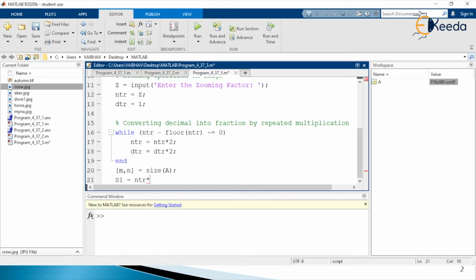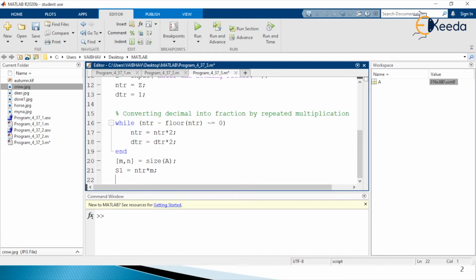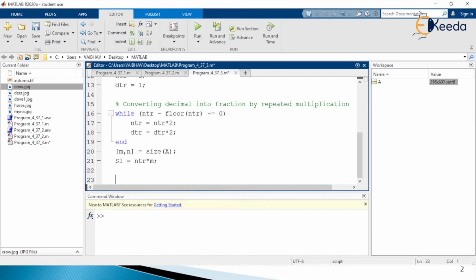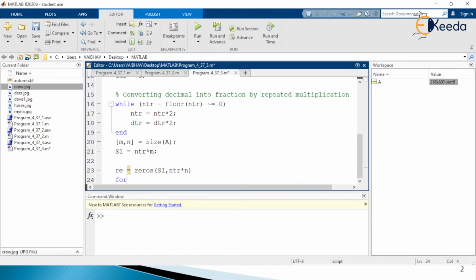We end this with a semicolon, and now we are generating another variable, initially holding all the values in matrix form as 0. The dimensions are capital S1 as defined earlier, and the second dimension is NTR multiplied by small n.